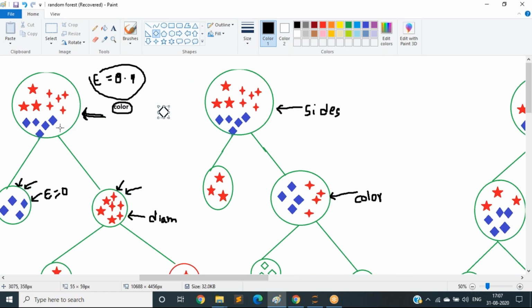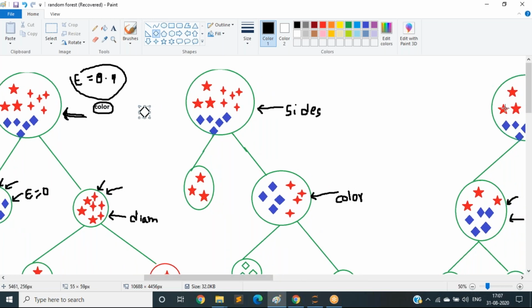Think that this decision tree gave the star symbol, and think that this decision tree predicted by seeing this as the blue color. Out of these three decisions, what is the majority prediction? This one, and this decision tree has predicted the diamond symbol only. Based on the majority, it will predict that the given data belongs to this diamond group, not the star group.